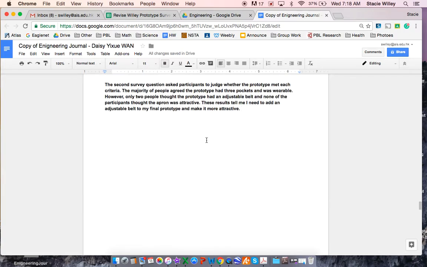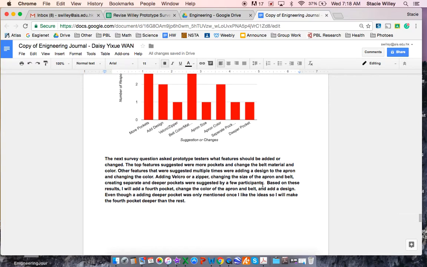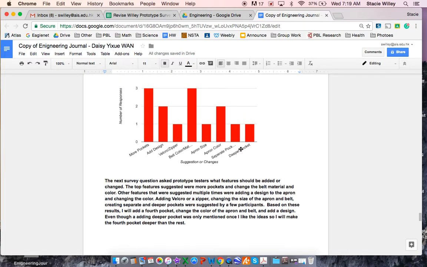And I also started this one with these results and these results. So I should vary that up. Okay, the next survey question asks prototype testers what features should be added or changed. The top features suggested were more pockets and change the belt material and color. Other features that were suggested multiple times were adding a design. Okay, wait, sorry, I'm stuck on this. Okay, so I said multiple times. Multiple means like more than two, and these were only suggested 2 times, so I wonder if I can change that wording. Other features that were suggested,